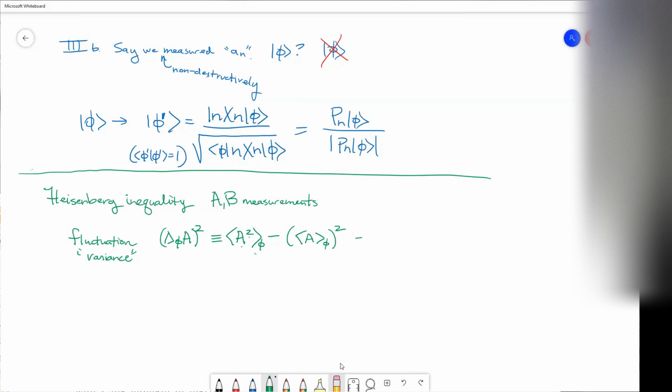And you can do a little algebra. It's easy to show that this is just A minus the average of A, times the identity, squared, averaged over phi. You can show that. You should work it out. Maybe I'll put it as a subpart on a homework.